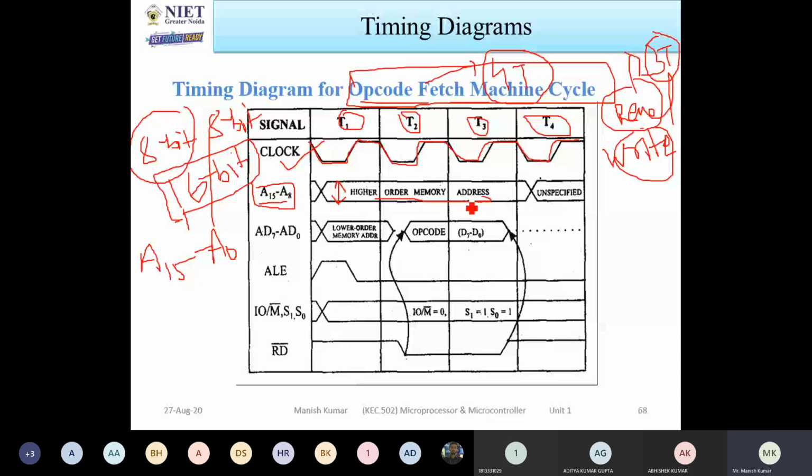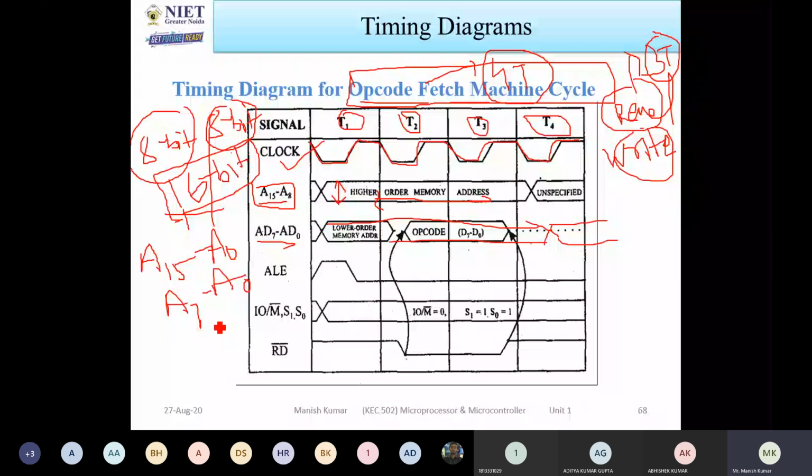Now next you have to generate the 16-bit address bus. So for the 8-bit lower byte, you have to feed the next bus. Let us consider I have fed a full bus for the lower byte. Lower byte means A7 to A0. But I don't have an option for A7 to A0. I have the option for AD7 to AD0. So another bus is drawn, AD0 to AD7. Okay. Now what you have to do is send the lower byte of the address with this bus.